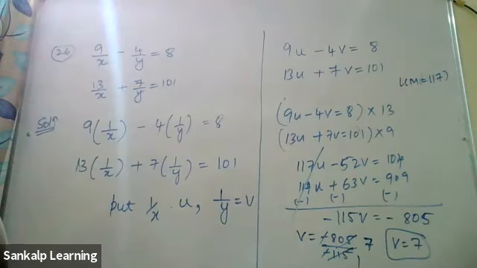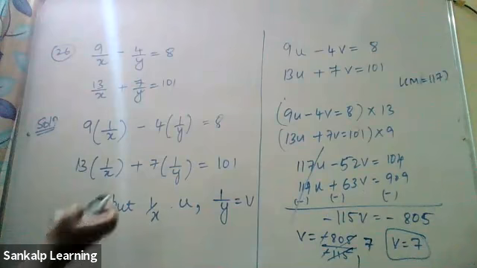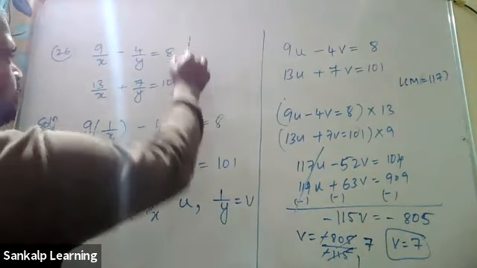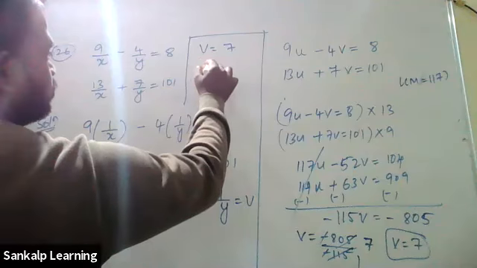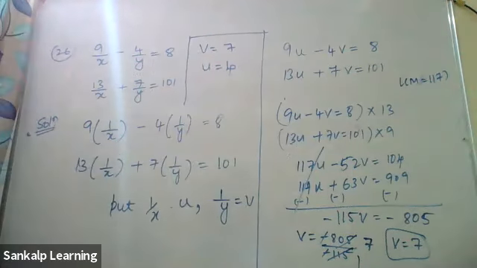Sir, u is equal to 4. U is equal to 4. Okay. Let's see. Just write down whatever I have found now. We have got v as 7. U, Adarsh has got it as 4. Please check it out. 7 4s are 28. Yeah, u is 4. That's correct. Till here, is there any confusion?